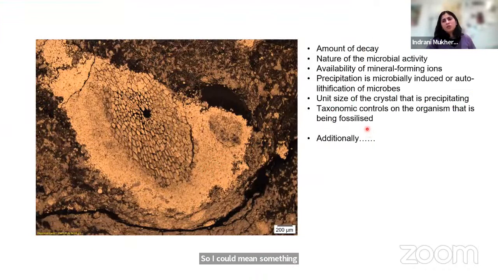But there's more things that we need to do. Trace element abundance itself is not enough, I don't think. I'm more interested in the spatial distribution. And like I said earlier, if I can somehow distinguish between the ordering of a mineral versus the organization of an organism. And so for that, we applied for some beam time at Soleil, and we've been successful. So watch the space. We will probably be doing some really high resolution mapping of these fossils. But additionally, since the synchrotron technique allows us to do that, we can also see the difference in the speciation.